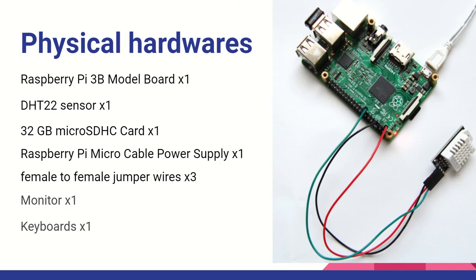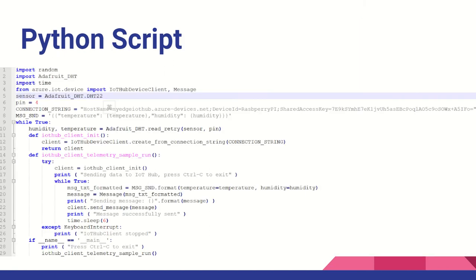Here is the physical hardware. The first part is the Raspberry Pi 3 module board, the DHT22 sensor, and also a 32 GB micro SD card. We can install the Linux operating system inside it. After that, we install the Python package on it, and